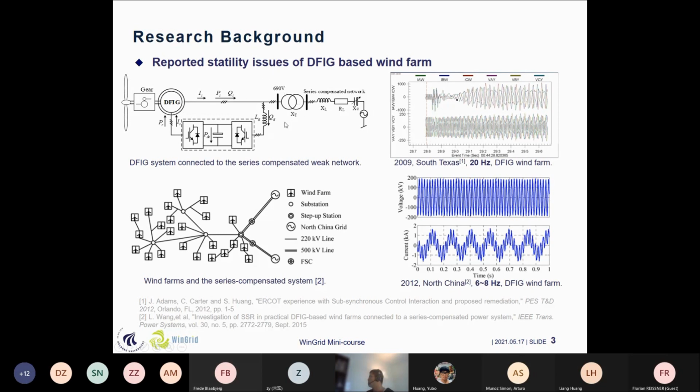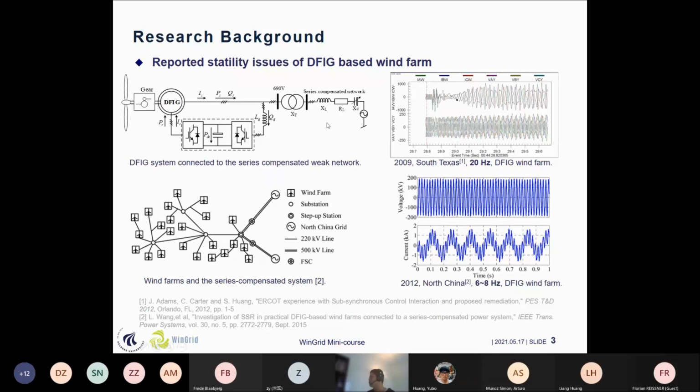presentation. And we know that nowadays, especially in the last decade, a lot of stability issues of the DFIG-based wind farm have been reported worldwide. And you can see from the left upside figure is a conventional DFIG system connected to a series compensated weak grid network. And the difference from yesterday's course by Dao is that here we are not only considering the DFIG is connected to a,